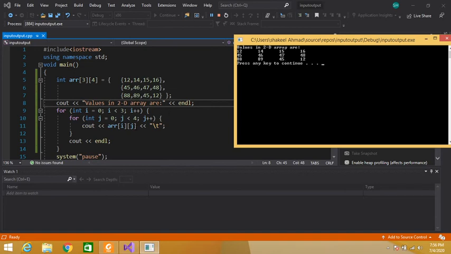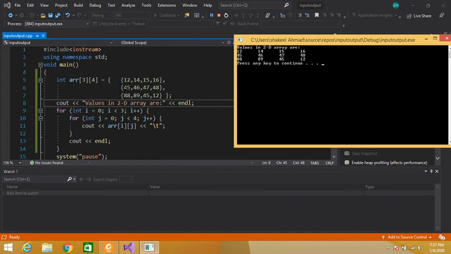Again tab, this space, and closing braces of our inner loop, so control will again jump here. Now the value of j becomes 2 plus 1, 3. So 3 is less than 4, yes. Again control enters the body of the loop because the condition is true. So arr of i contains 1, j contains 3, 1, 3.